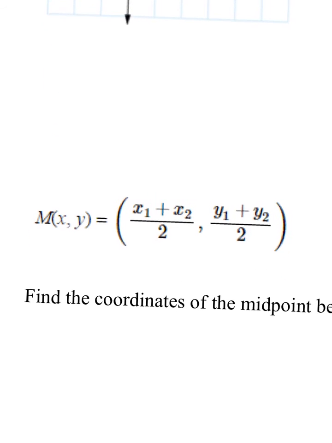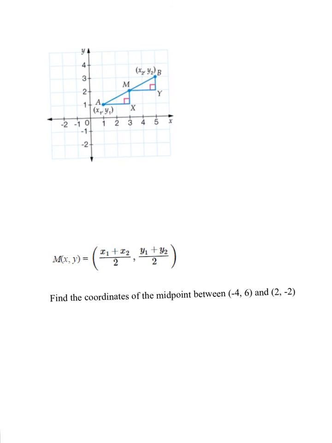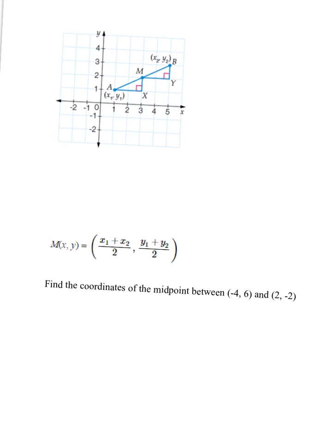So let's move up and do one. So the question says, find the coordinates of the midpoint between negative 4 and 6, negative 2 and 2. So let's start off like I said in the beginning. Negative 4 and 6. So negative 4 is your x1 and 2 is your x2. 6 is y1, and negative 2 is y2. Okay, so we have to do something like this. So we have to say M, which is actually going to be x and y,